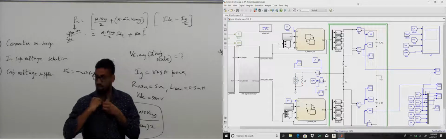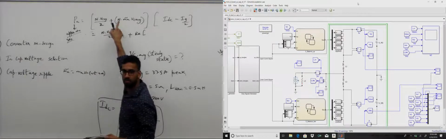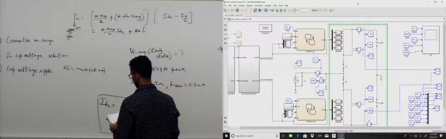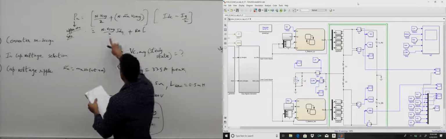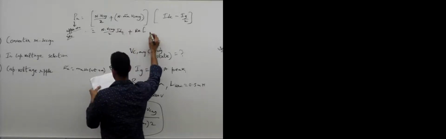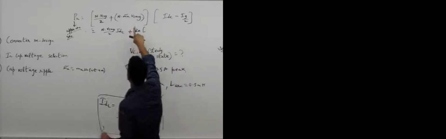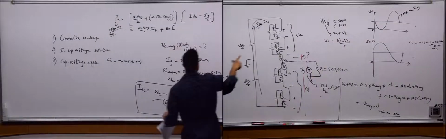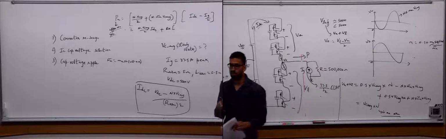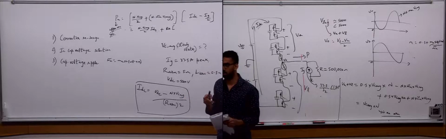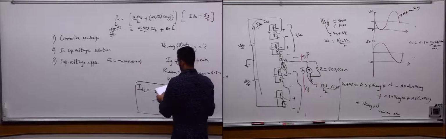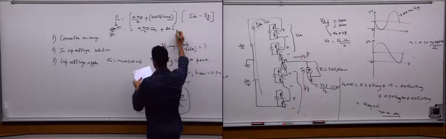Yeah, they saw this equation, PU, that's all we need. So N times VC average by 2 times IDC plus real part of, and in the upper arm the modulating signal is 180 degree phase shifted from lower arm, because VL minus VU by 2 is output voltage. So VU has 180 degree phase shifted modulating signal. So this should be minus MA, times IDC plus real part of,